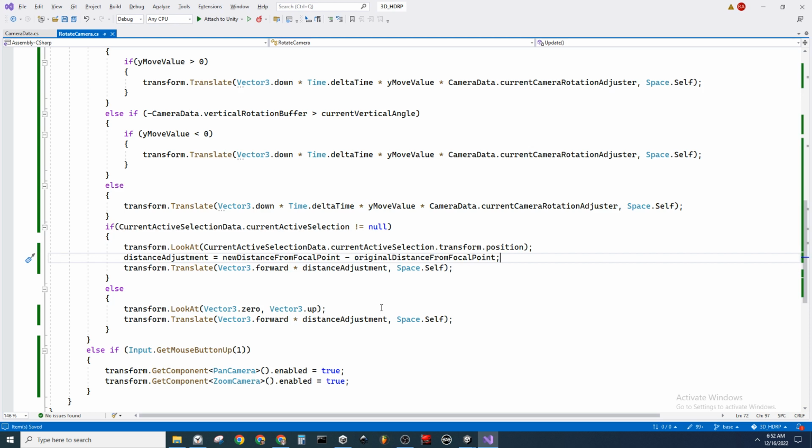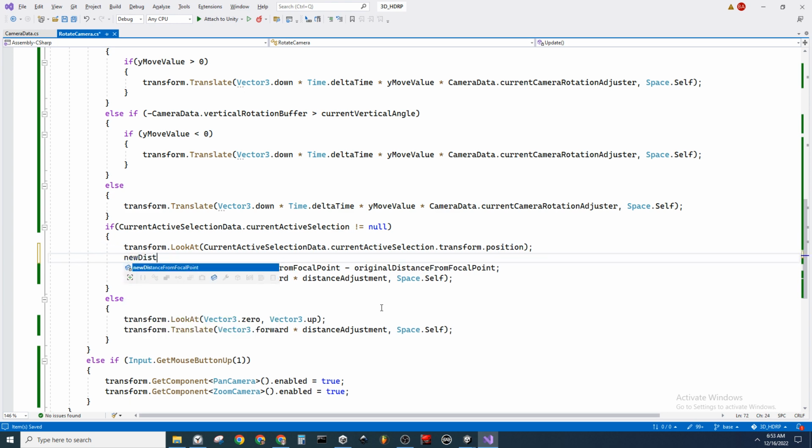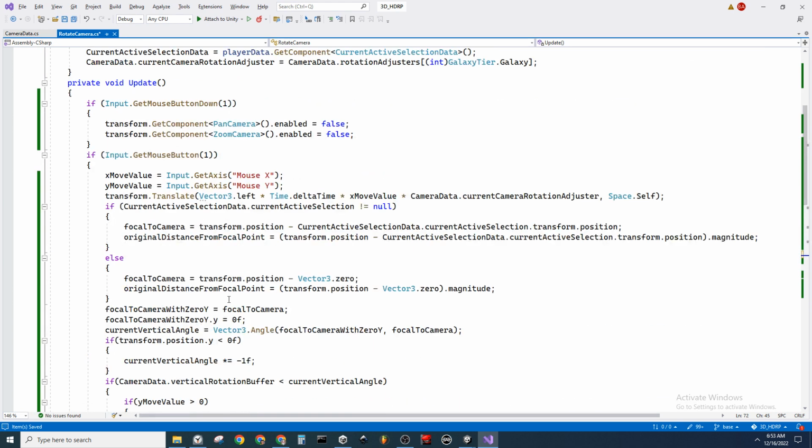And that gives us a positive value to move forward in self space. But new distance from focal point equals, and we already did this, right? It's the magnitude of the